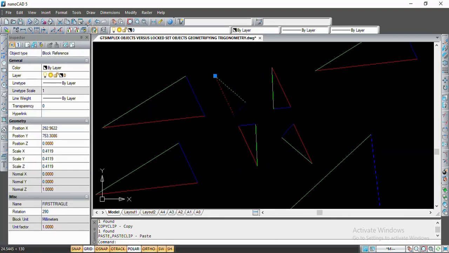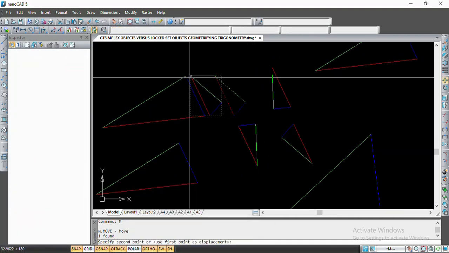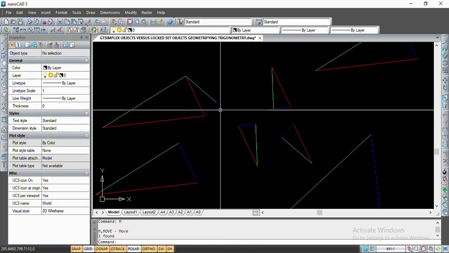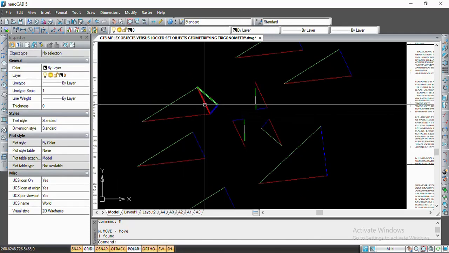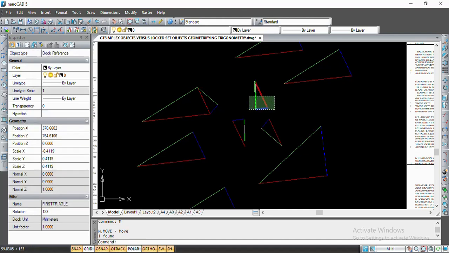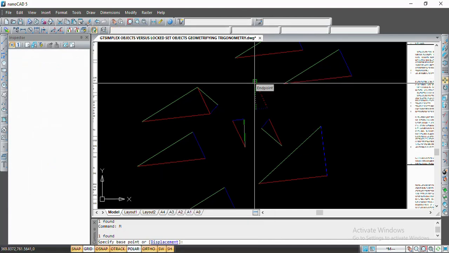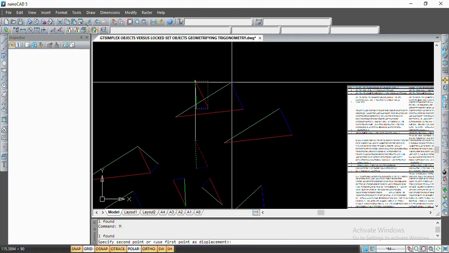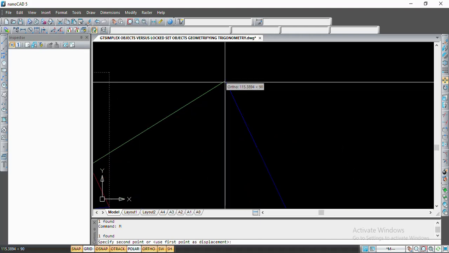To consume 4 outputs, we have taken it in this way. First output is generated. This is one Gtsimplex. This is a valid symmetry. Second output is taken, which is also a valid symmetry, and here